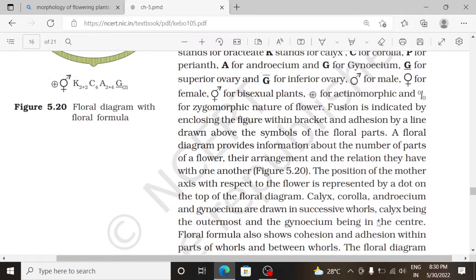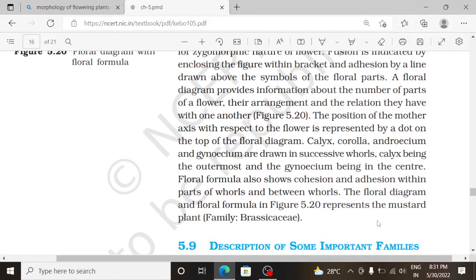Fusion is indicated by enclosing the figure within brackets, and adhesion by a line drawn above the symbols of the floral parts. A floral diagram provides information about the number of parts of a flower, their arrangement and the relation they have with one another. The position of the mother axis with respect to the flower is represented by a dot on the top of